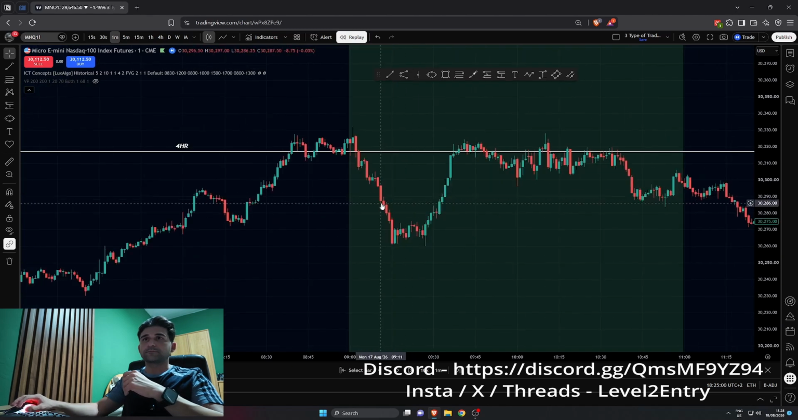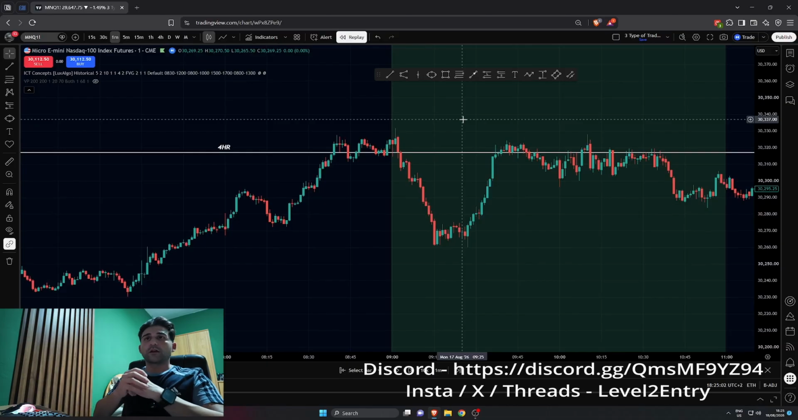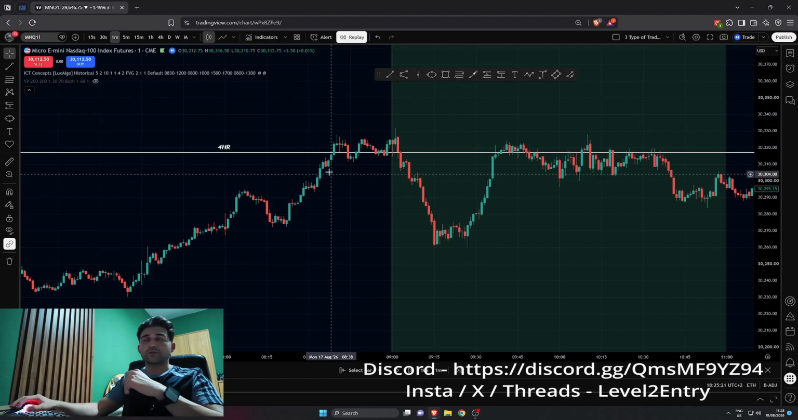As I always say, you need to have patience, because when price goes above the 4-hour, it takes some time for it to form our short setup. But some days it doesn't take that much, like this one here, for the setup to form. So as you can see here,